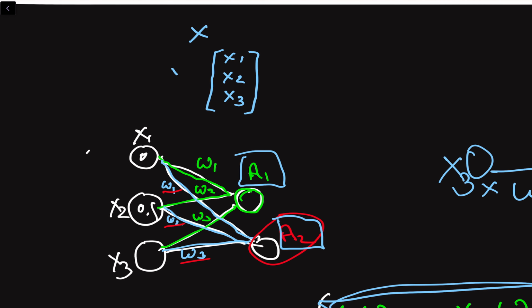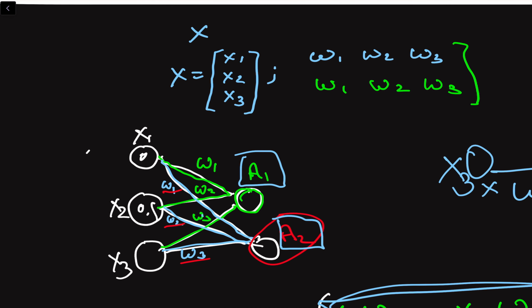X equals, and we're gonna put all these weights, W1, W2, W3, and W1, W2, W3, in another matrix. Let's call this W equals,